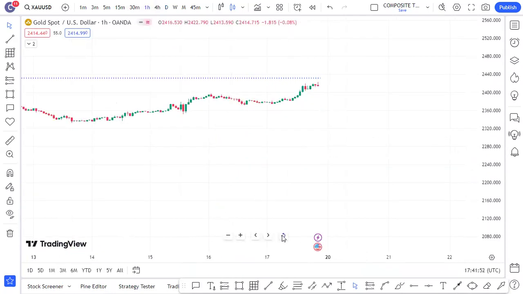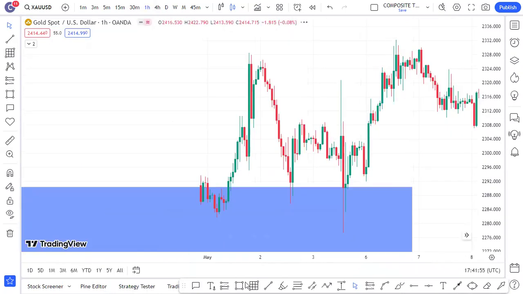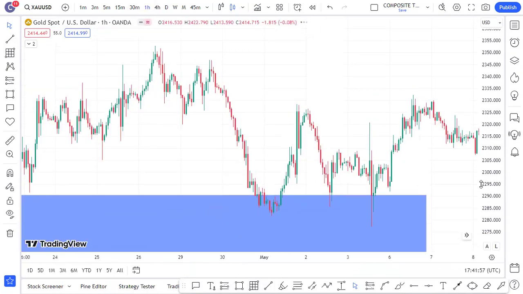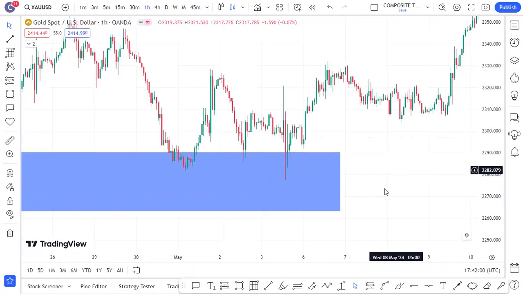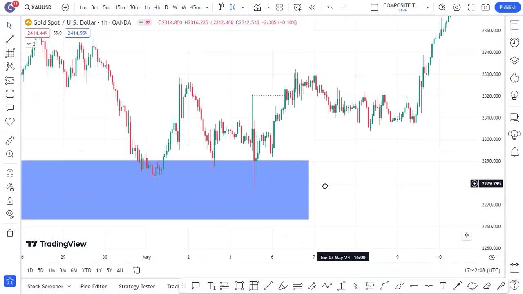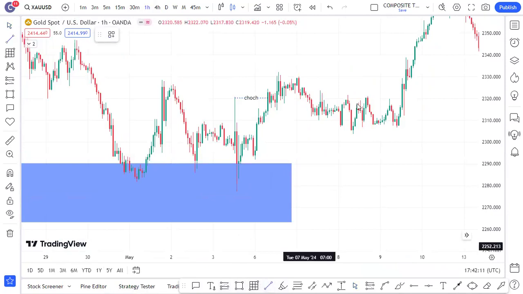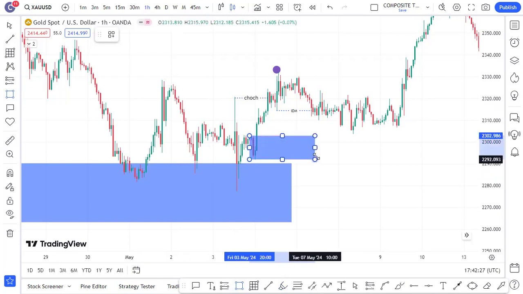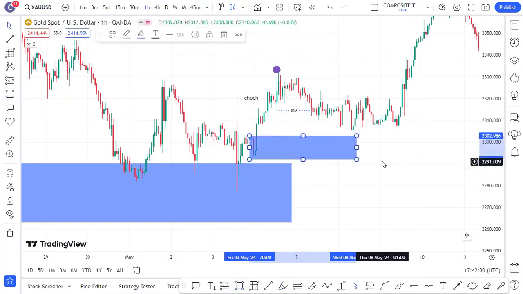Okay, on the 1 hour time frame, we can see there's a demand where the market tapped on this daily demand. On the daily demand, our choch is here. This is our last choch we got, and our inducement is here. Inducement taken out. Then this is our high. Then the market tapped on this order flow here, the last sell before the buy, the order flow, and you keep pushing to the upside.